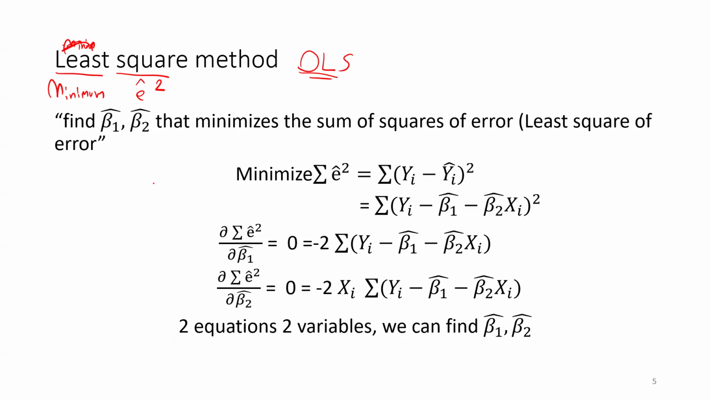So the method is to find the best parameters, beta 1 hat and beta 2 hat, that minimize the sum of squares of error. So they minimize sigma error hat squared. Okay, and then they insert the data for y hat equals beta 1 hat plus beta 2 hat x, and then use the optimization,